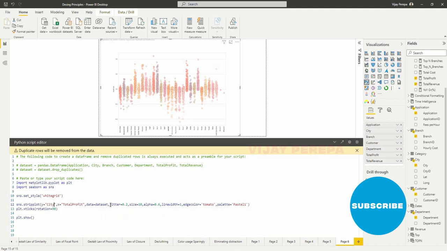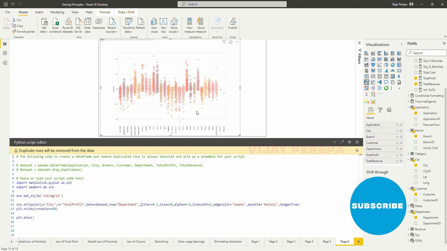And then I will be adding hue as department, because I want to distribute by department. And then there is one attribute or property, dodge equal true. So if I press OK,